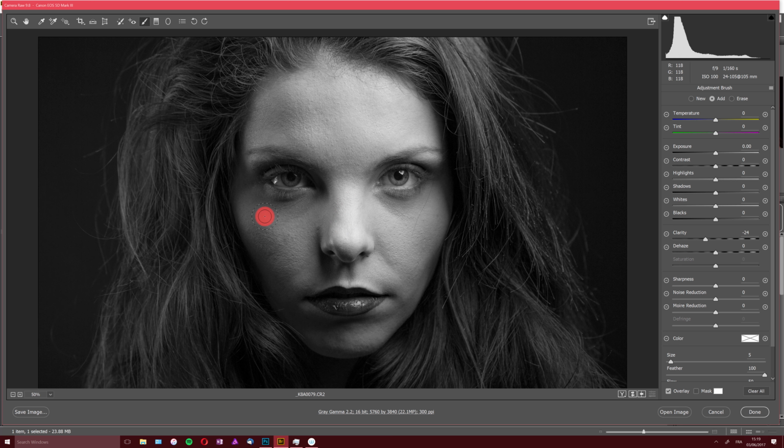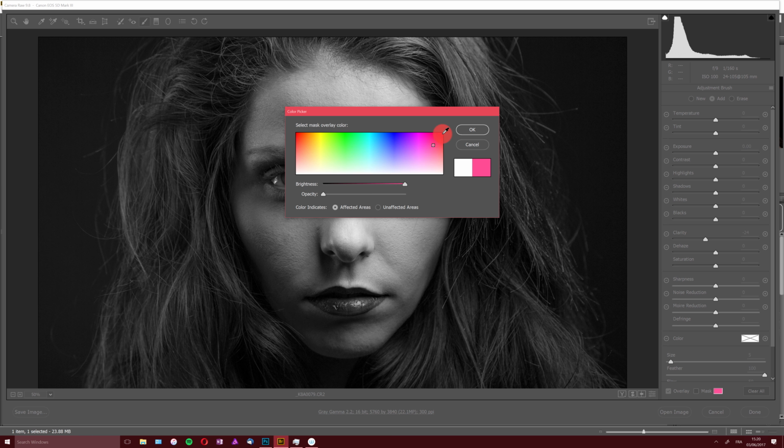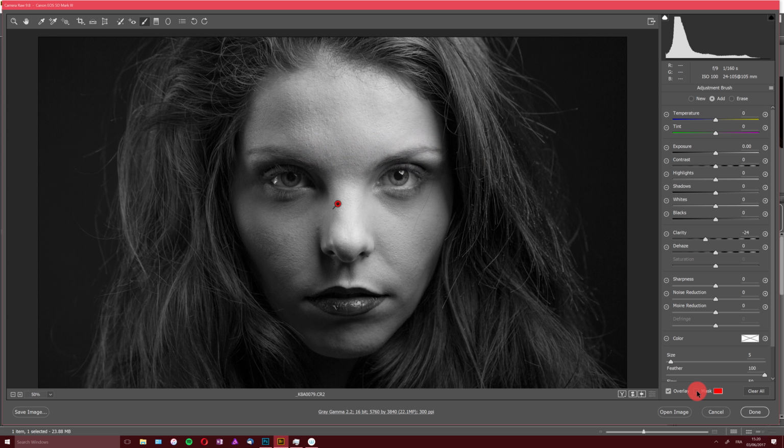So this is how I'm going to use it. And if you can't see the difference, it's probably because the camera hasn't finished rendering it, because I'm recording on a 4K monitor. What I want to do is switch to mask here and reveal the mask in red, and click mask. Right, so now I have the mask activated, so I know where I have already painted. Okay, so let's